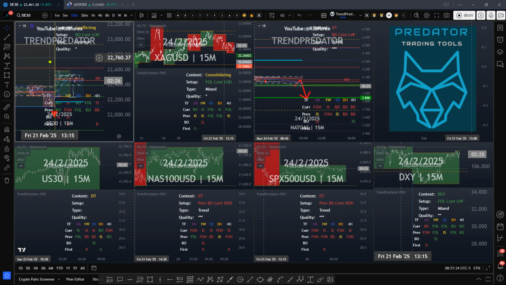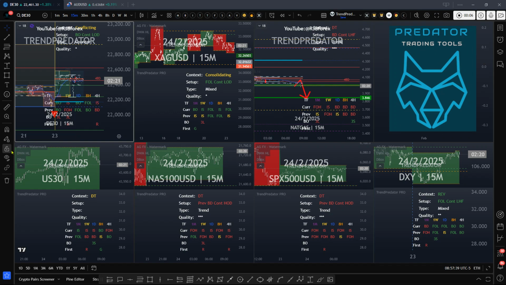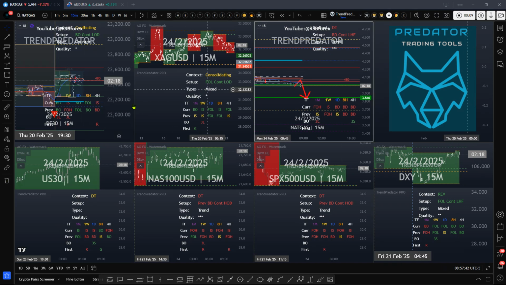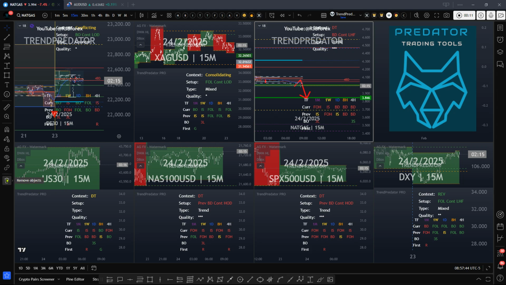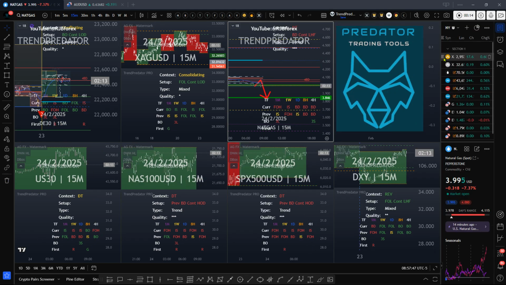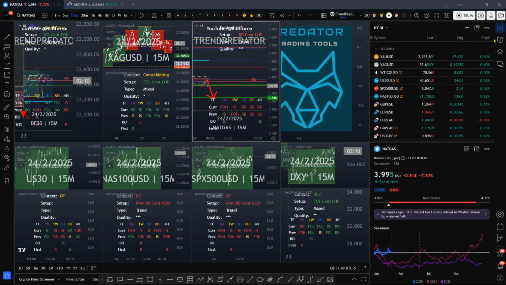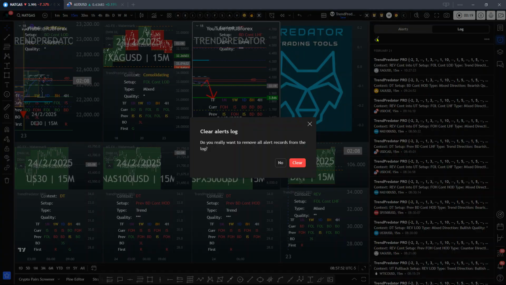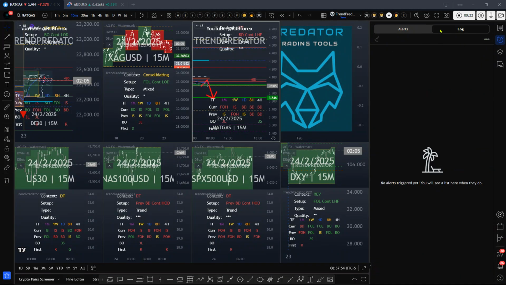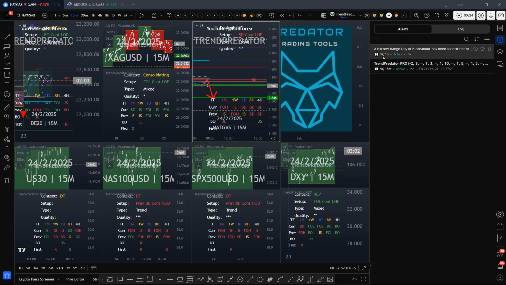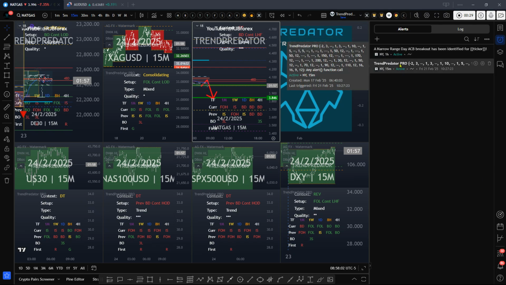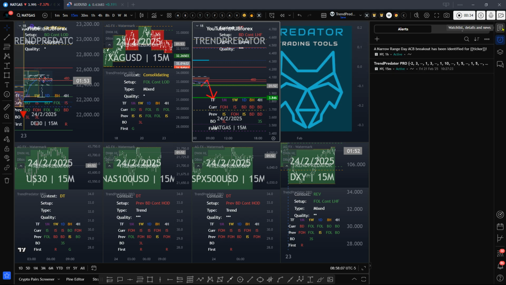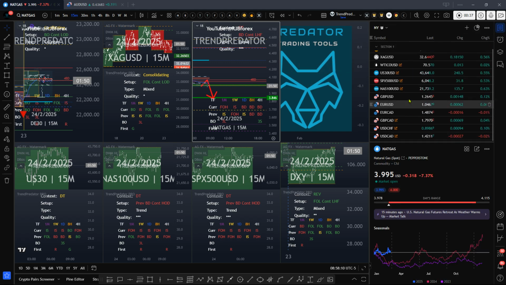Watchlist creation using the TrendPredator trading tools, in the main the TrendPredator Pro. And this here is my watch list. I've got an alarm that is set up for this watch list, being the New York session, TrendPredator Pro. Okay, so what that means is on my watch list, which are these pairs,